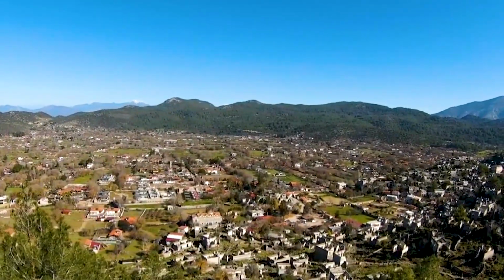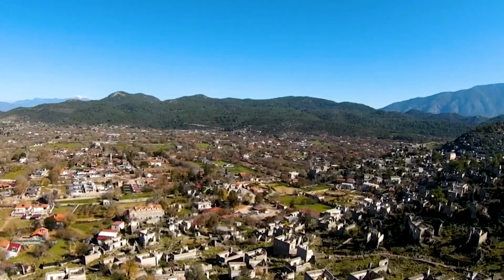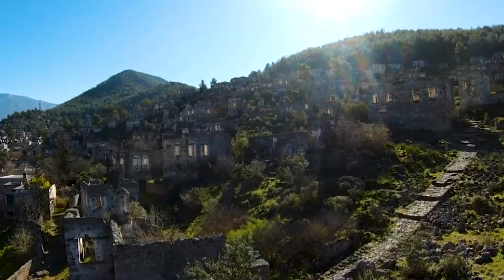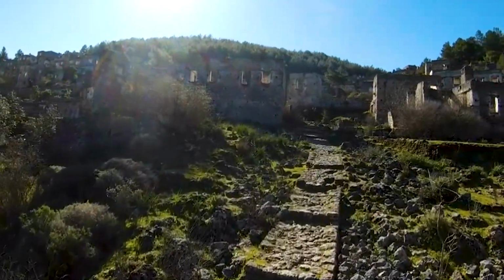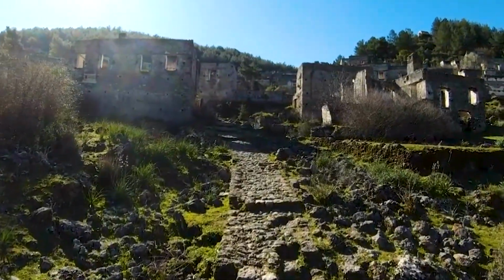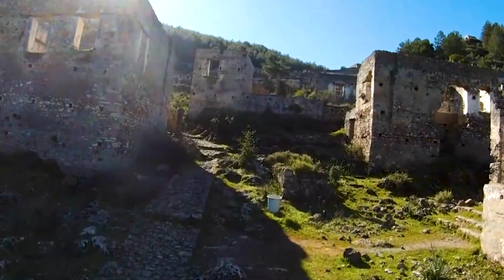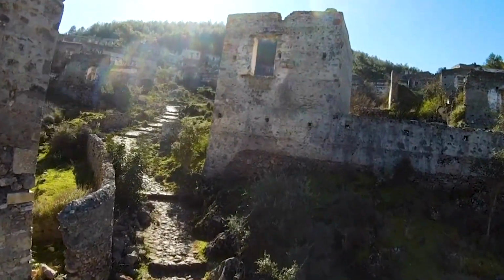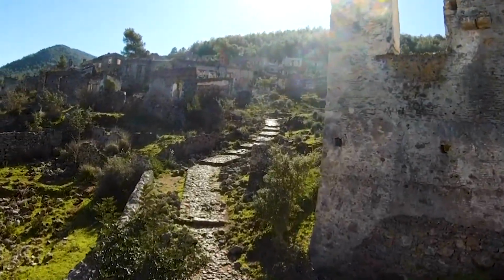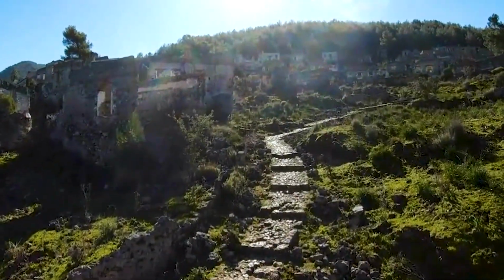Key points about Kayaköy. Before visiting Kayaköy, it's worth learning about its rich history. Known as the Ghost Village, Kayaköy was abandoned after the 1925 population exchange, when its Greek residents relocated to Greece. Although new settlers moved in, they struggled to adapt, leaving the historic structures untouched. Kayaköy has roots dating back to the 4th century BCE,